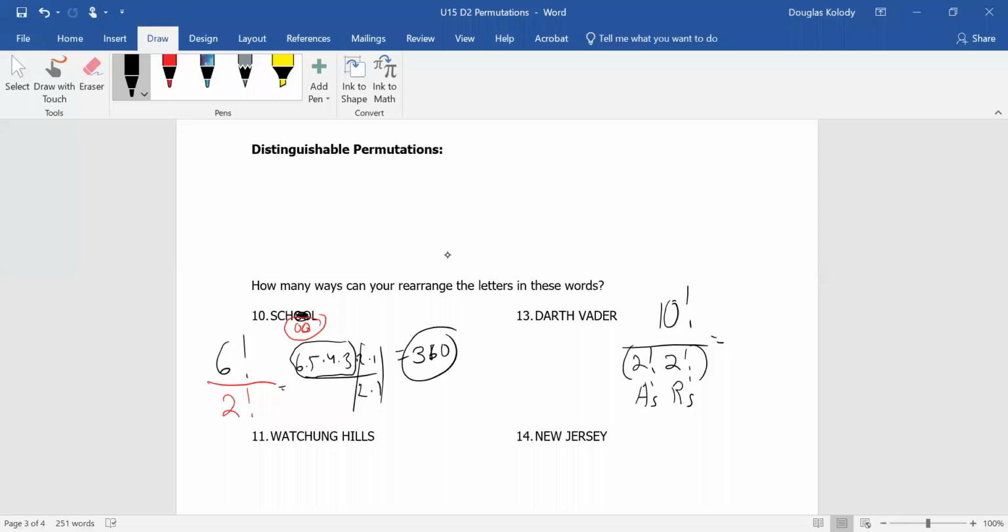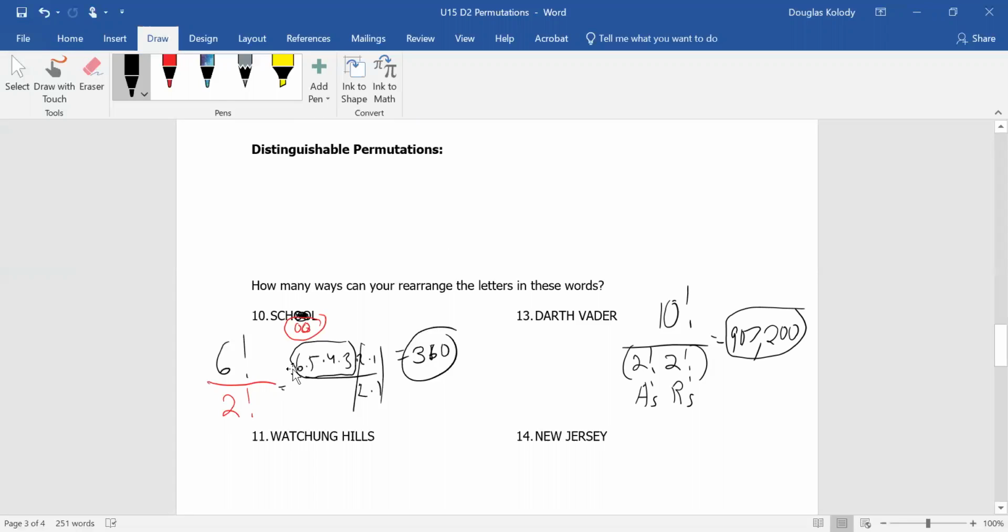Because, let me go back. So 907,200 permutations. Because if I change these 2 O's in school, I can't distinguish that from the original 2 O's. So there, I divide away, and then there's that many distinguishable where the O's are in different places. Okay, not counting that. Ladies and gentlemen, so